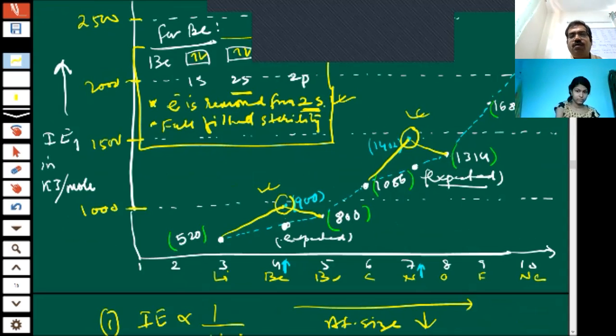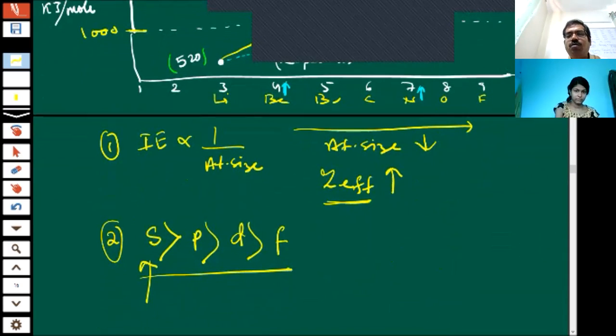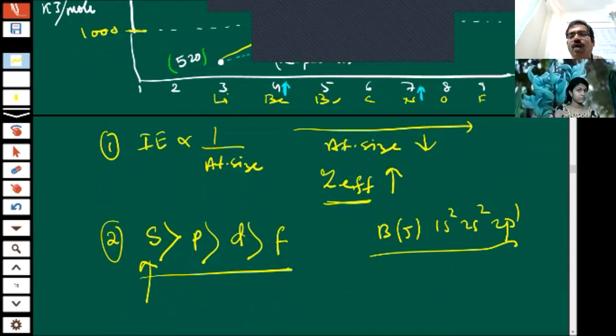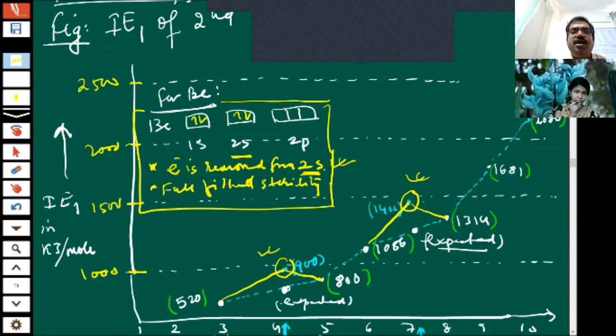And you can write the electronic configuration of boron. Boron has 5 electrons, 1s2, 2s2 and 2p1. So if you want to remove an electron from boron, it will be removed from p. You know that it is easy to remove an electron from p, but it is not easy to remove an electron from s, which is also completely filled. So this is the reason which you can give for beryllium. I think the thing is clear to you. Yes, sir.